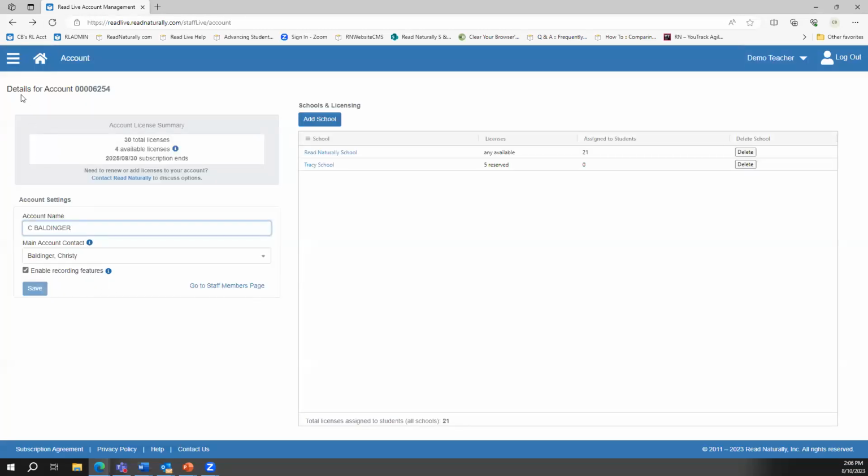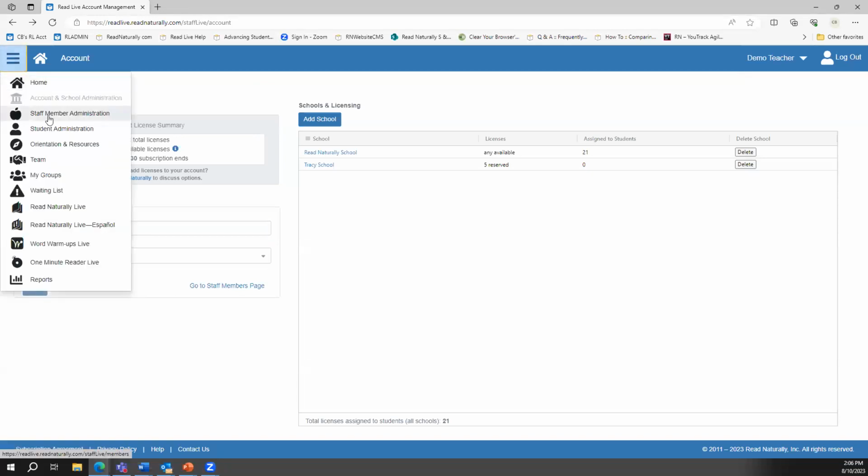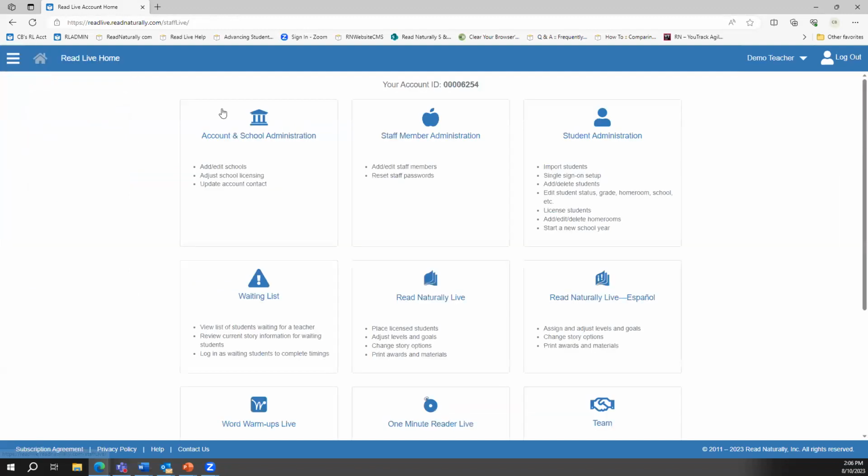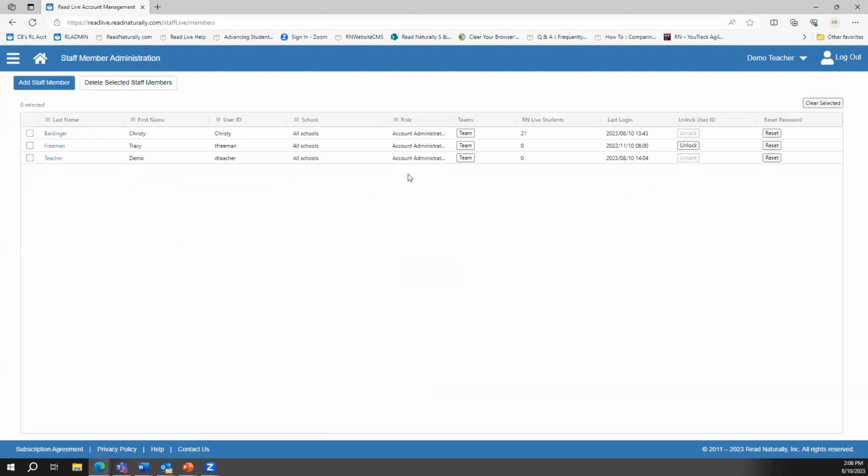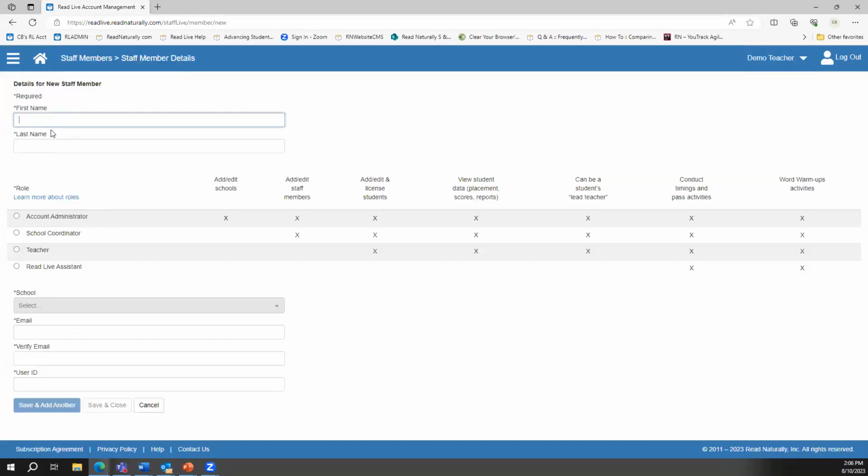So now we can add a staff member. So from either the main navigation menu, we'll click on Staff Member Administration, or you can go to the tile Staff Member Administration. And here to add staff members, you'll just click Add Staff Member in the upper left corner. You'll enter their first name,